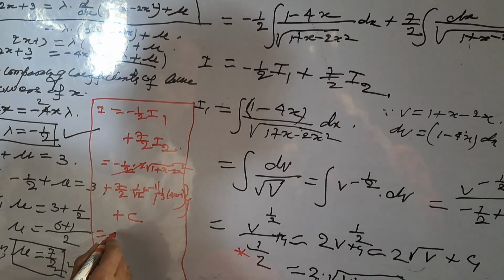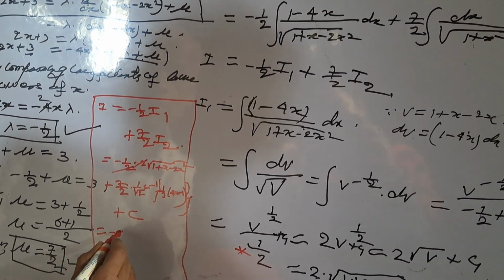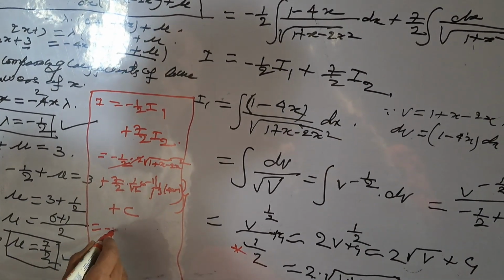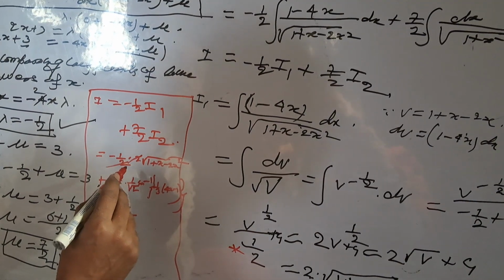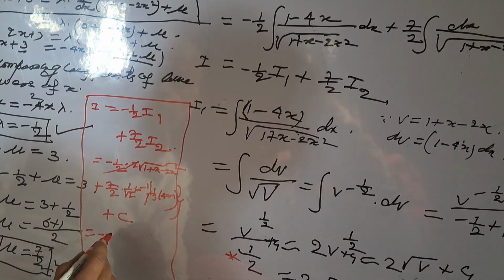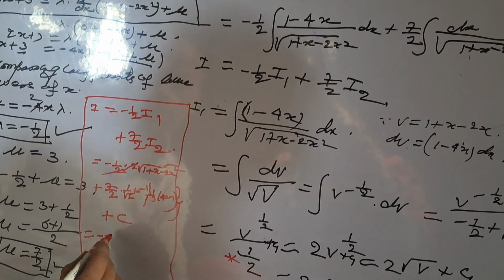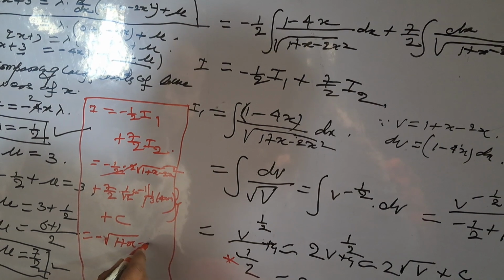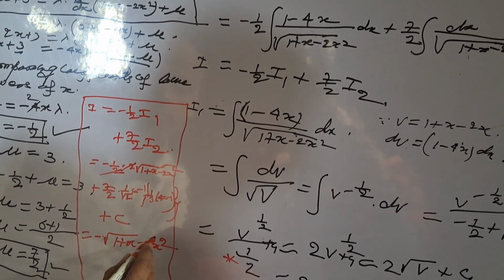That means finally we are left with minus under root 1 plus x minus 2x square